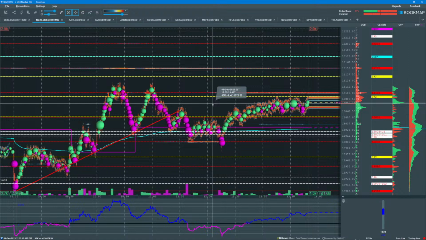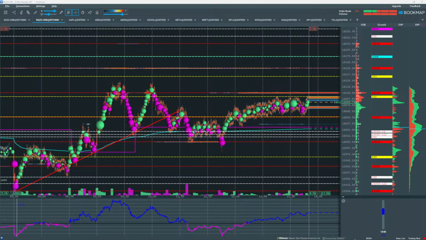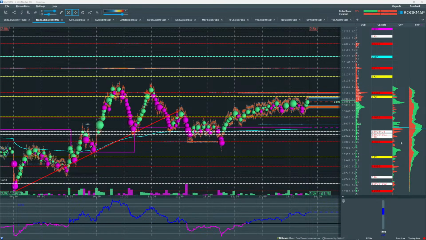All right, back to NQ Futures and Bookmap. Again, I have my own cloud notes, so I can show QQQ levels. There's that cluster of levels there. That is the QQQ 390 absolute gamma strike. And just above that, the NDX 16,000 level. Note quite a bit of volume concentrated right around those levels. That's shown on the session volume profile, as well as the point of control, that purple line just above that cluster of levels.